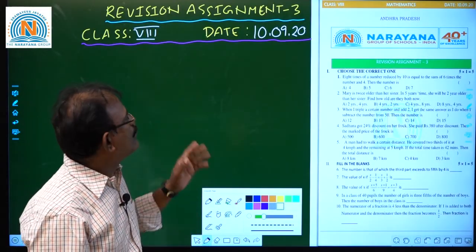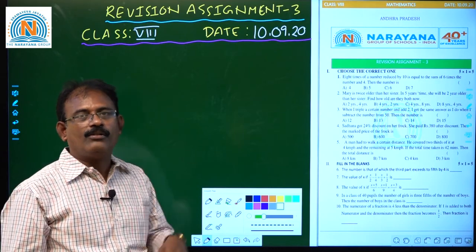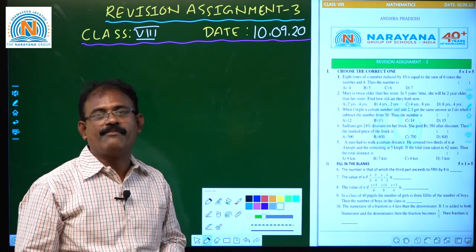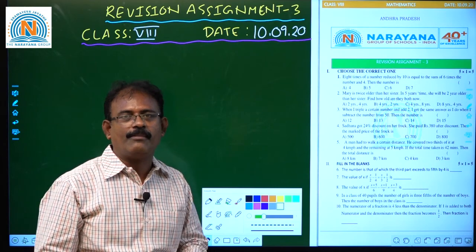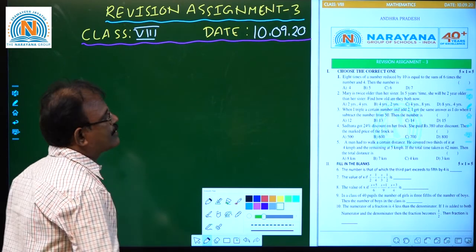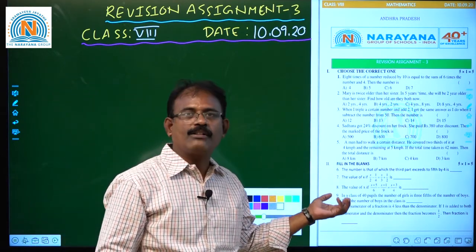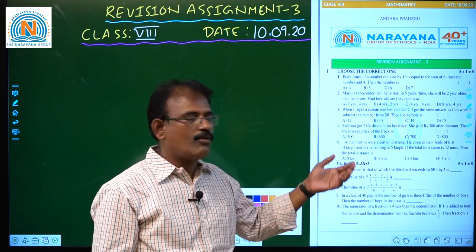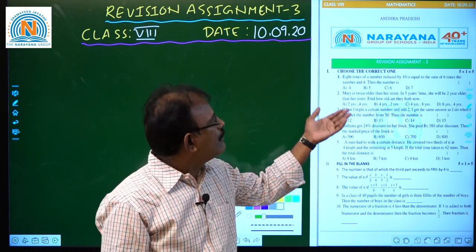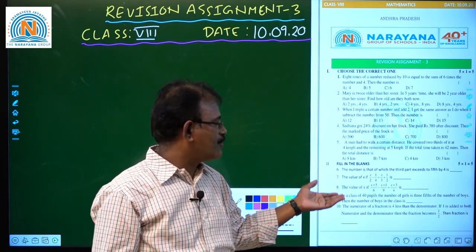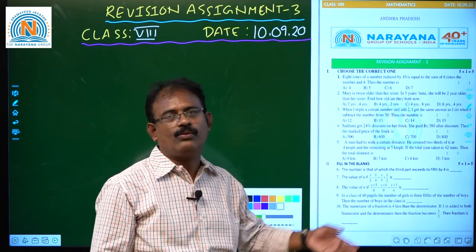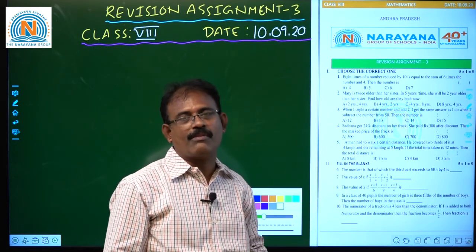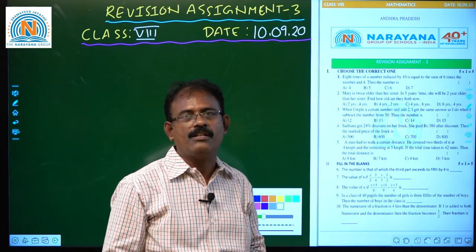So today we are going to discuss the 10th-dated 8th class revision assignment 3 for our coming formative assessments. In this model paper, there are 2 Romans, children. Each Roman consists of the first Roman 5 MCQs and the second Roman 5 blanks. Though the questions are in the form of MCQs and blanks, these are very important for your